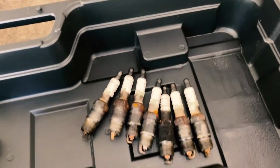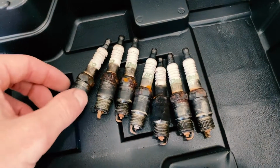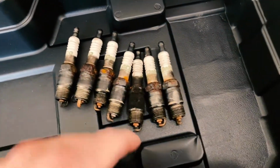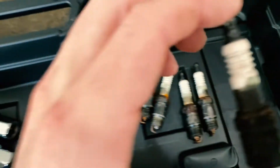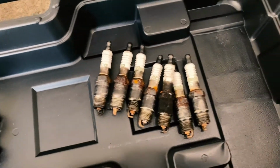A good bit of effort later, and here are 7 of the 8 original spark plugs. You can see they're in various states of rust and dirty. This one's really quite, almost looks burnt up. I'm not sure what happened to make that one so much darker than the rest. As for the 8th one,